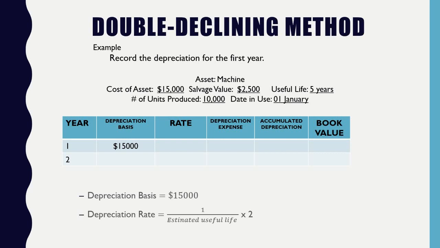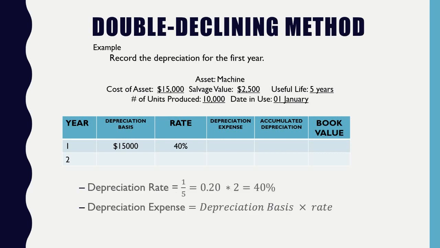It's 40%. Now, because we know that rule where most assets are either going to be 5, 7, 9, or 11 years, if you can remember that 1/5, or 5 years, you can automatically assume that it's always going to be 40%. So now that we determined that it's 40%, let's go ahead and solve for the depreciation